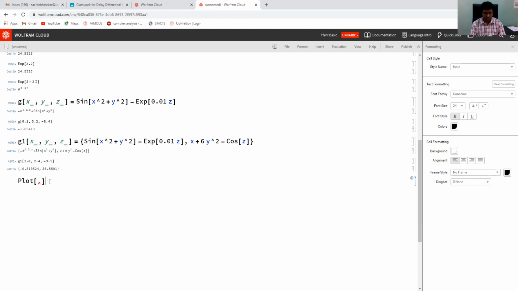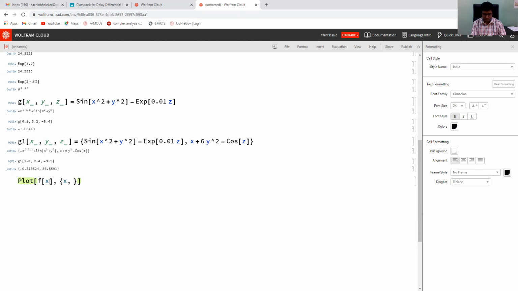Square bracket. Then the first entry should be the name of the function. Here I have to plot function f, so f of x. Then comma, and then we need to write a list with entries: first the name of the independent variable, comma, then the range, lower value and higher value.